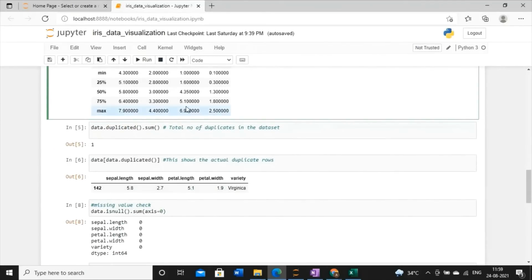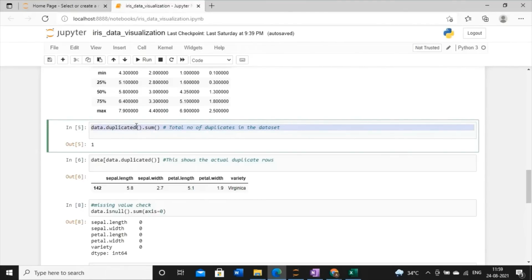Now I have to talk about this one. This is the most interesting thing that you will learn today. It is written data.duplicated().sum(). From this, you can easily say that I'm going to find out whether there exists any duplicate value in my dataset or not. So try to understand, whenever I write this syntax, the DataFrame dot duplicated function, this pandas duplicated method helps in analyzing duplicate values only. And it returns a Boolean series which is true only for duplicate elements.